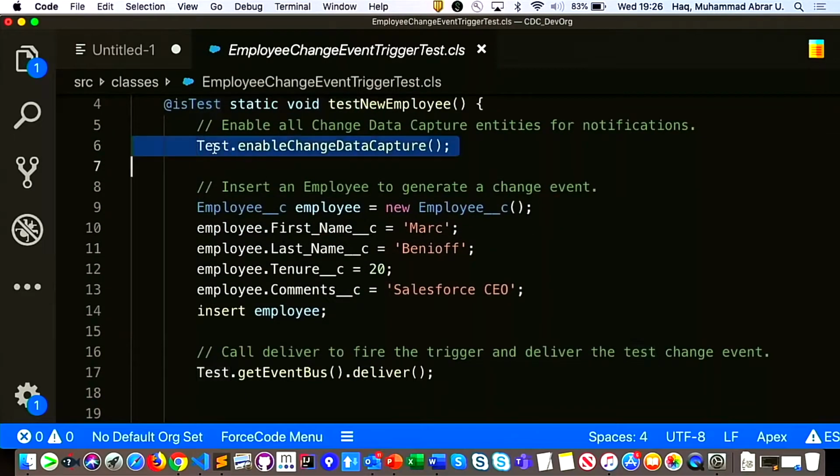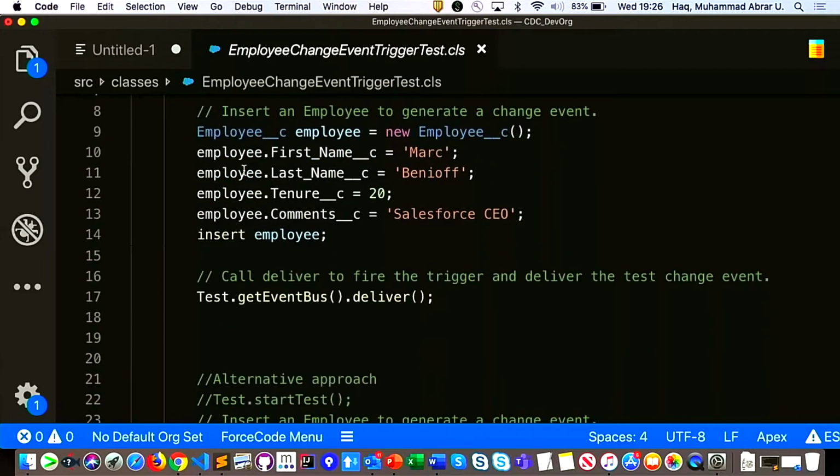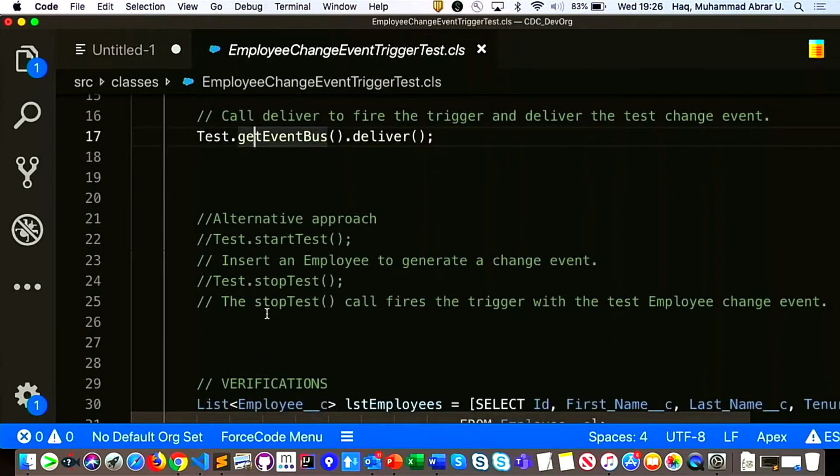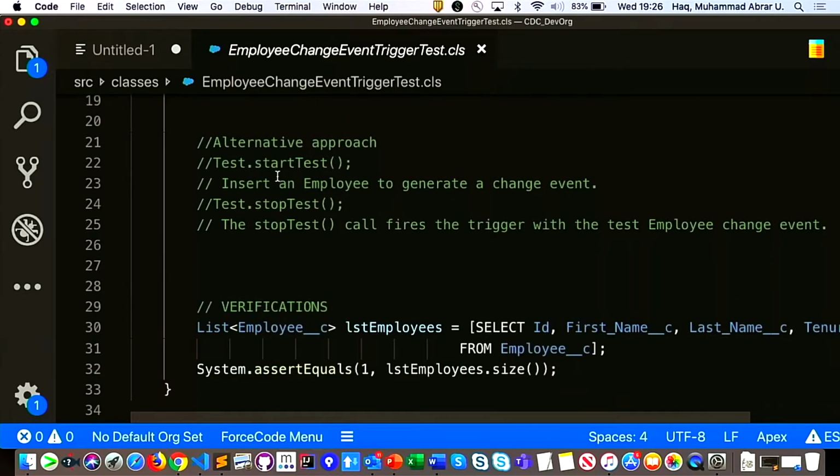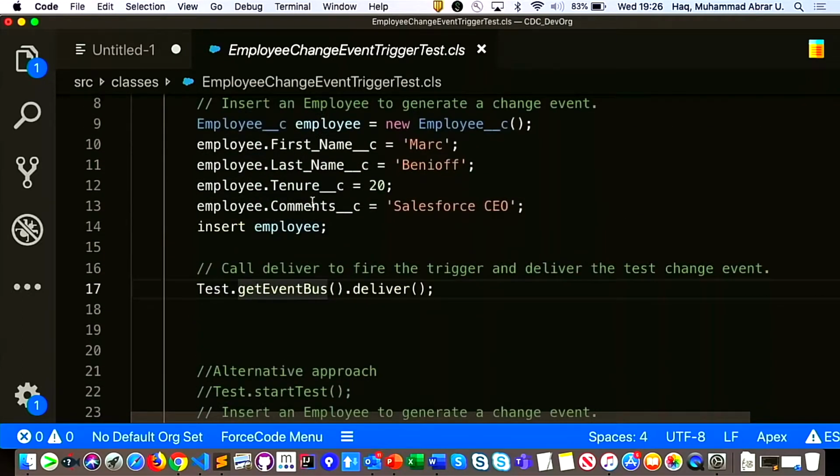Now this is the line that will enable change data capture events, so that you can do your testing in Salesforce in your test classes. Then you do DML. Then at the end you deliver those change events to the event bus. You can also, the alternative is you can use Test.startTest, Test.stopTest, and you can use your DML within that as well. That is also fine. But this is just another way. This is a new way